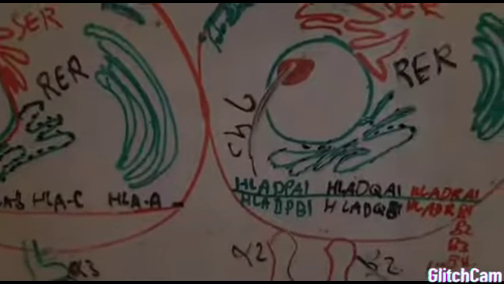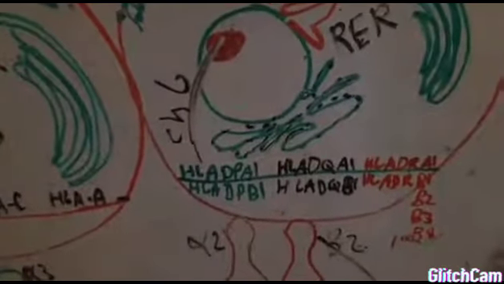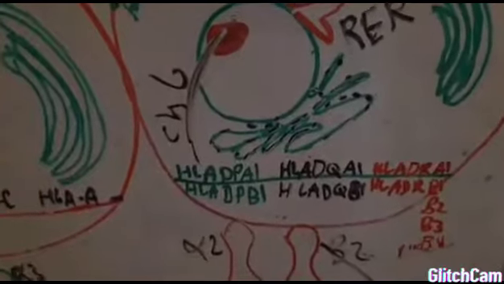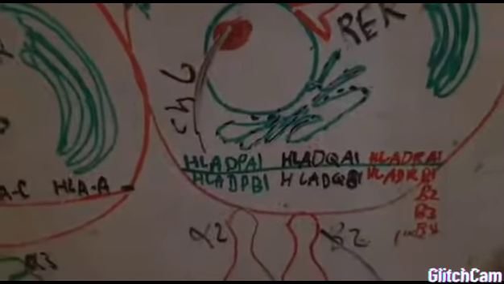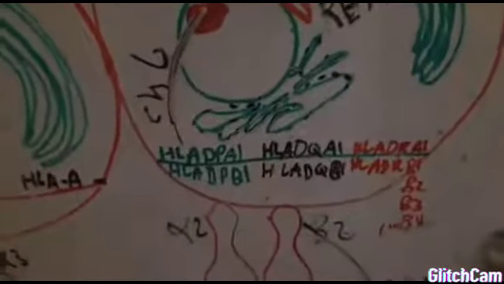HLA-DQ-A1, HLA-DQ-B1, and HLA-DR-A1, HLA-DR-B1, B2, B3. So HLA-DR is highly polymorphic. And these antigen presenting cells,